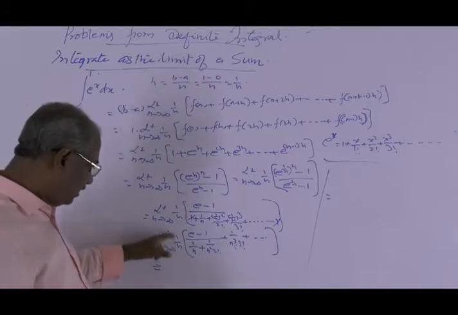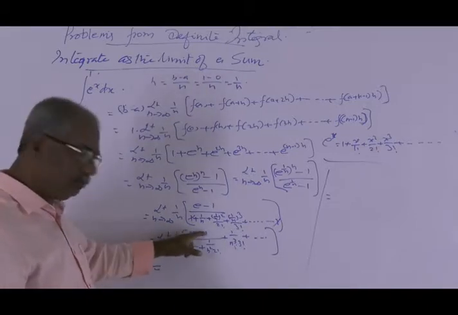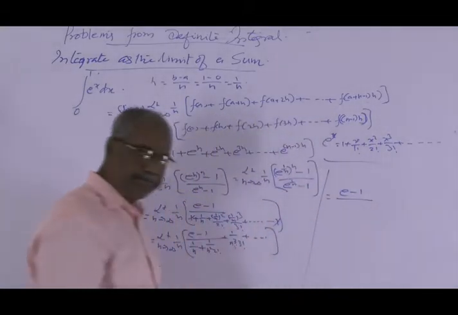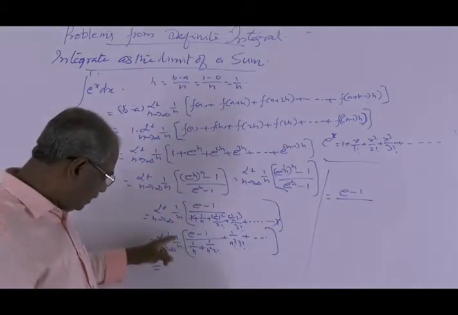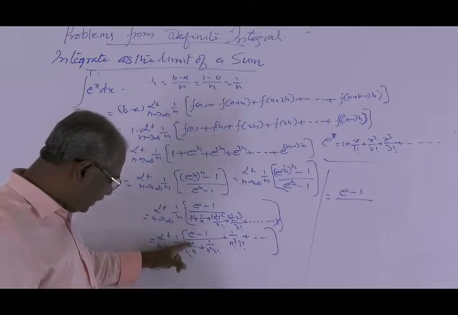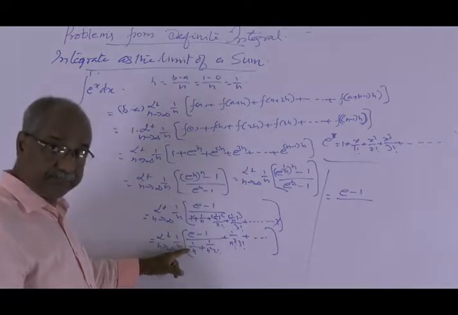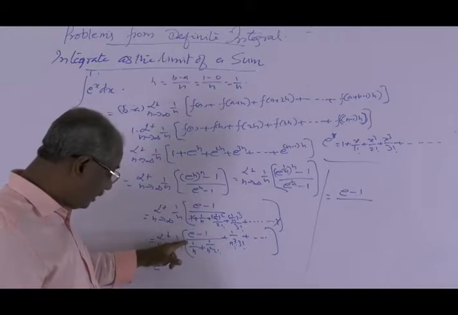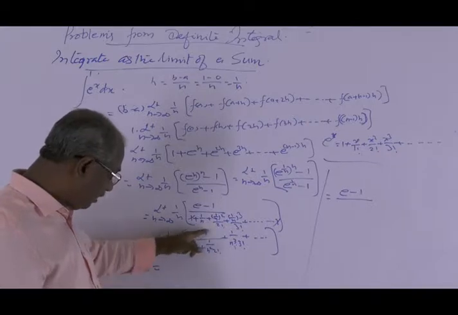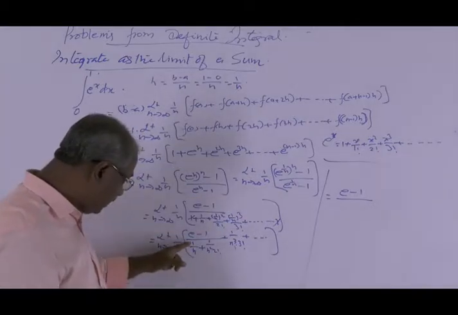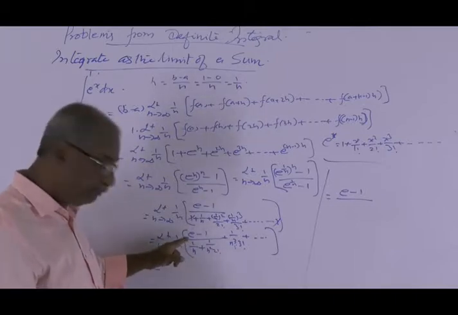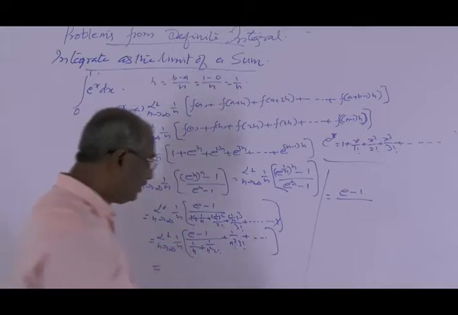So the numerator is e minus 1, divided by: there is a 1 by n in the denominator, and when we multiply, 1 comes in the numerator and n comes in the denominator, so n by n comes here in the numerator. So n by n, which is 1,